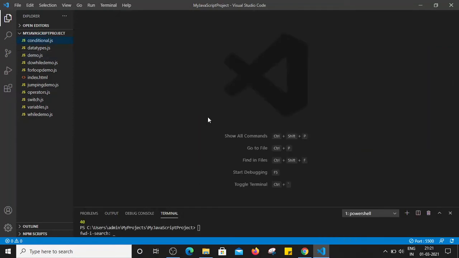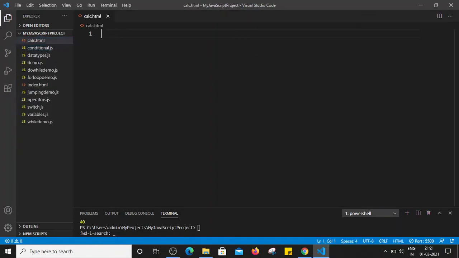Now let's see how we can create one simple calculator, or a simple example of the use of functions in JavaScript. So I'm going to create one file here. I'm going to name that file calc.html. Let's save that file. I'm going to create one simple HTML structure, that is the opening of HTML, then I'm closing the HTML.